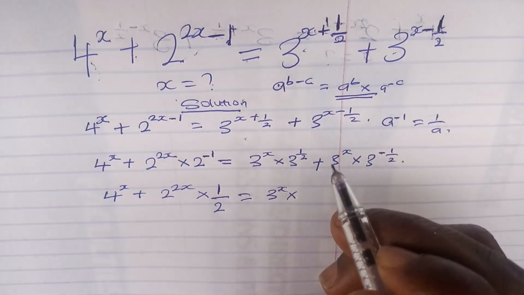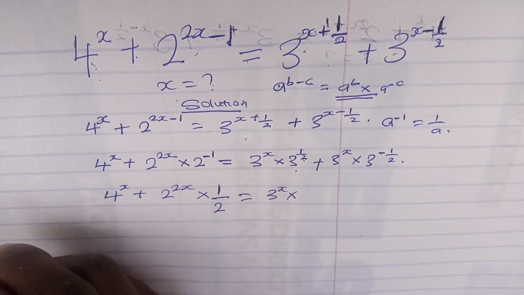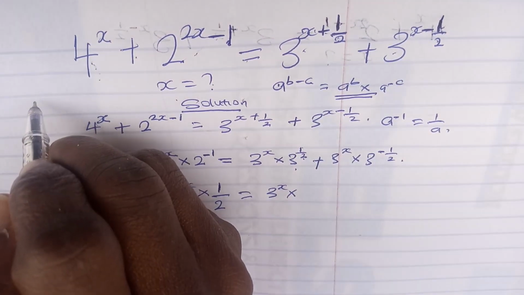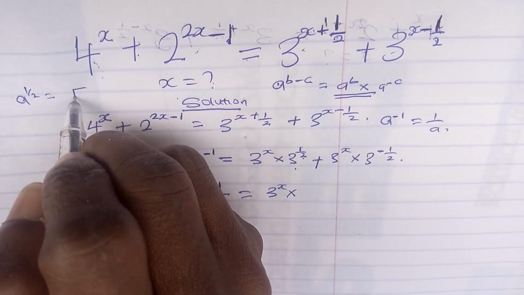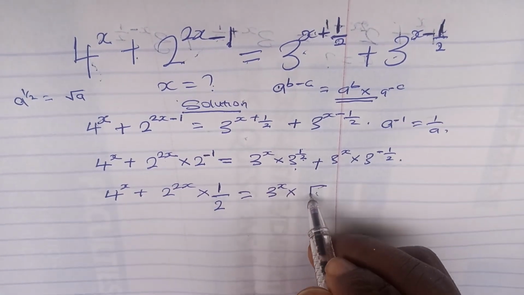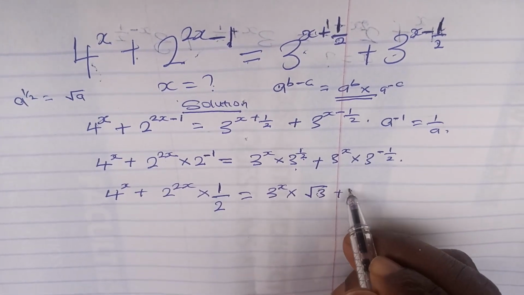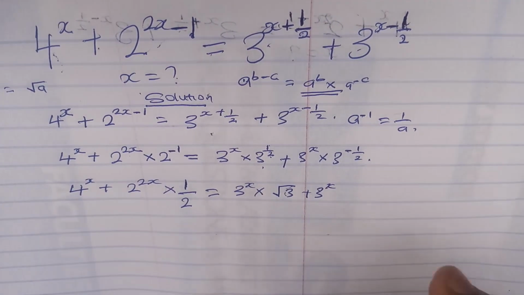we are having 3 to the power of 1 over 2, right? If we are having 3 to the power of 1 over 2, we can still write this. If we are having a to the power of 1 over 2, it is also equal to the root of a. So if we do that here, we can have this to be root of 3 plus 3 to the power of x